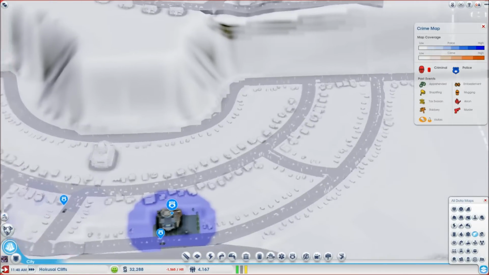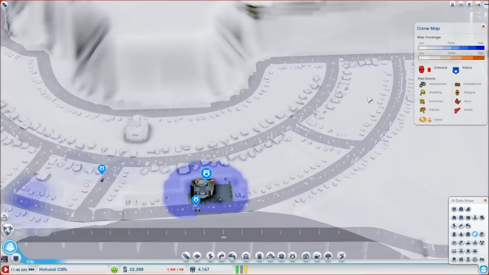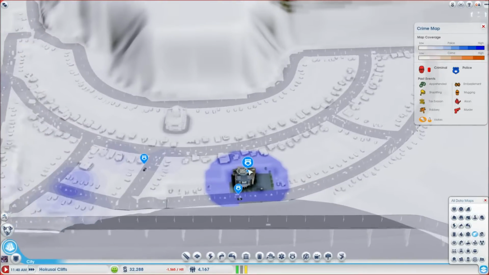Additionally, we have the crime map. Right now there are no criminals because this game has not been running long enough for them to initiate that function, but we do have some police coverage with the precinct. I'm not quite sure how it determines where additional police coverage pops up. It's just been kind of random from what I can tell, but you'll always have some around the actual location,